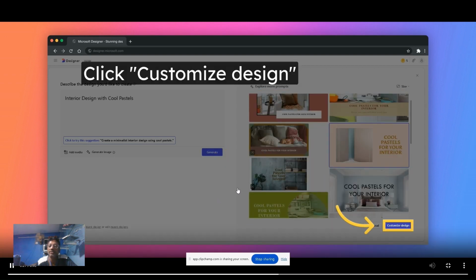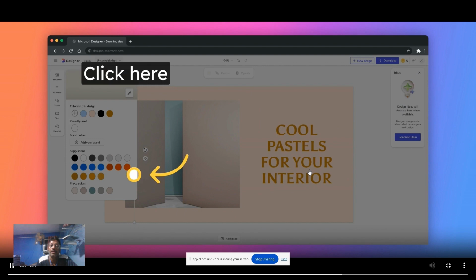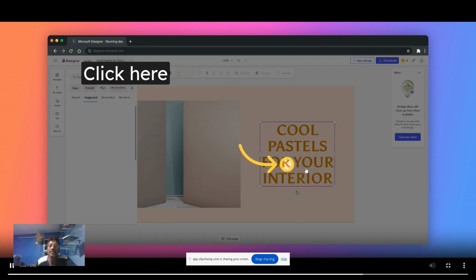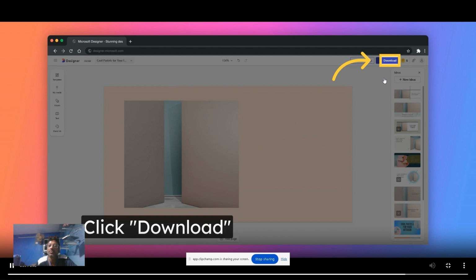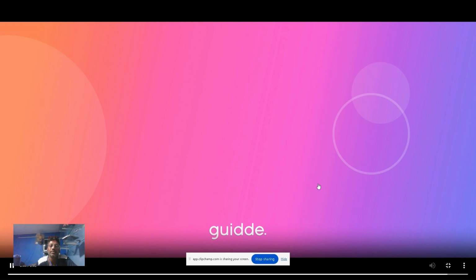See how cool it is, guys. And finally, here, if you don't need text, we will delete the text and then click on download. Click on download, then